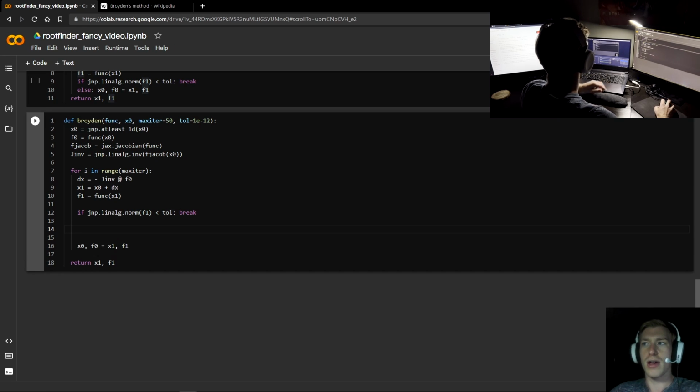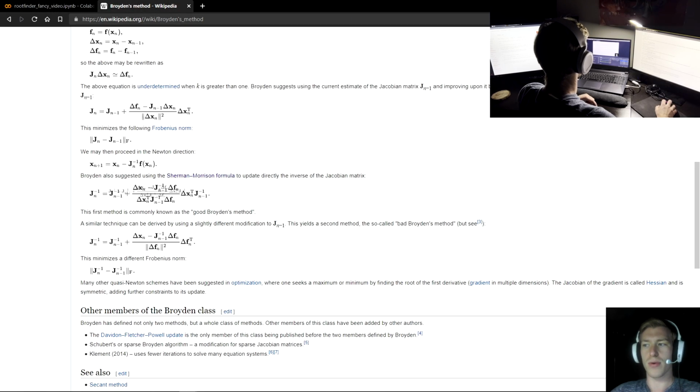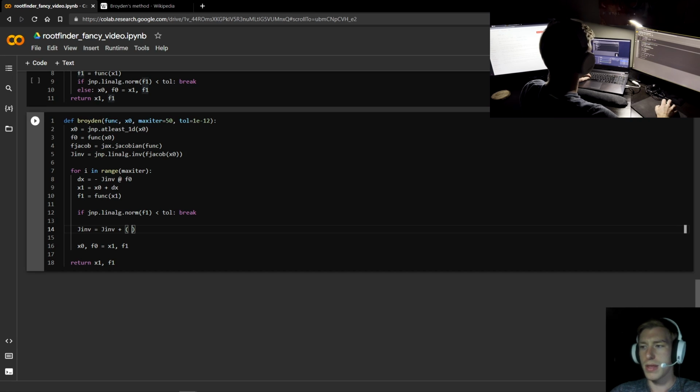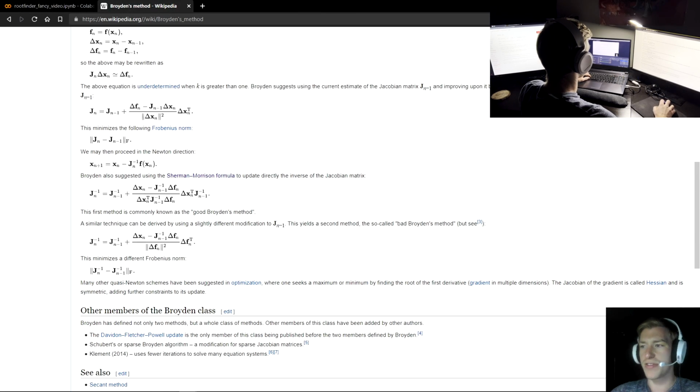So how are we going to do that? Well, again, that's where Broyden's method comes in. We're going to essentially put all of this in here. Our new inverse of our Jacobian is going to be equal to our old inverse plus this fraction right here with these two terms on top. So we're just going to put that in. J inverse is going to be equal to our old J inverse plus, and that's where this fraction is going to go. On the top, we have delta x minus J n minus 1 times delta